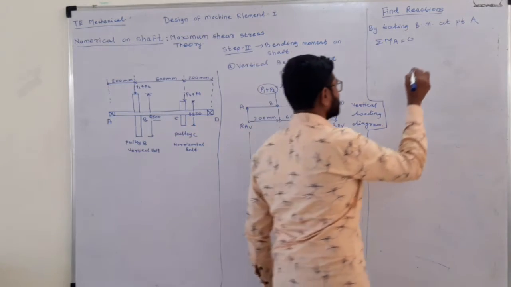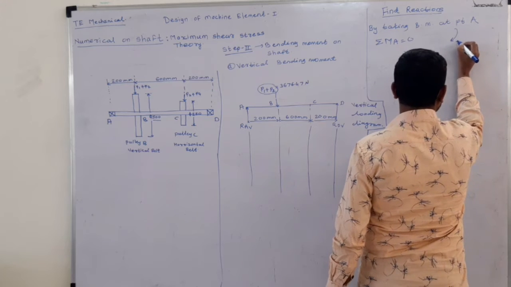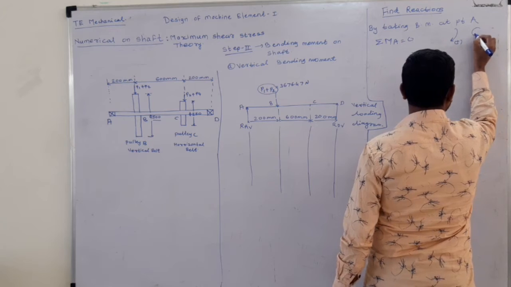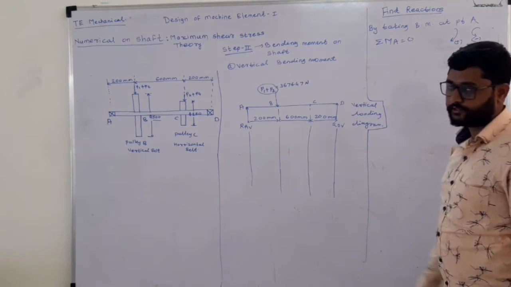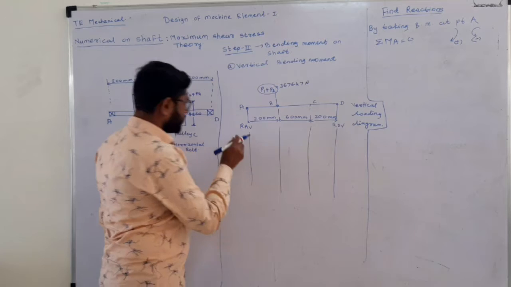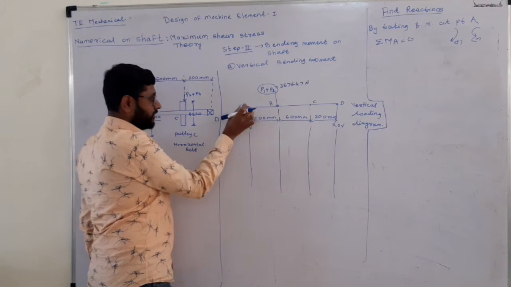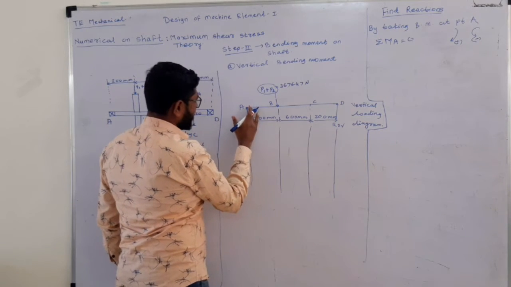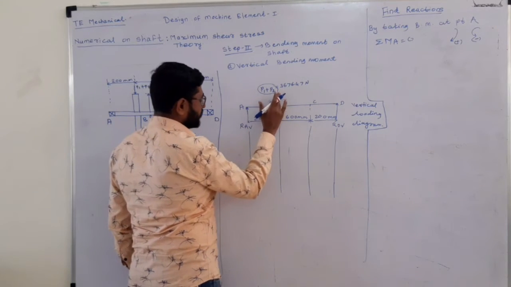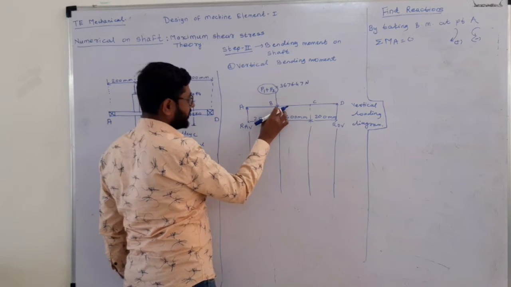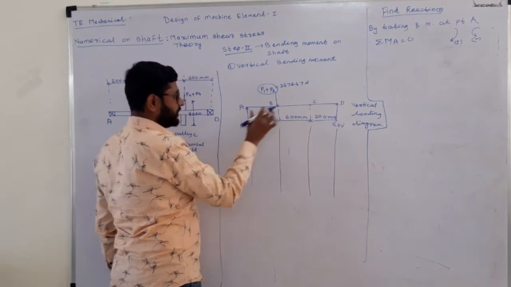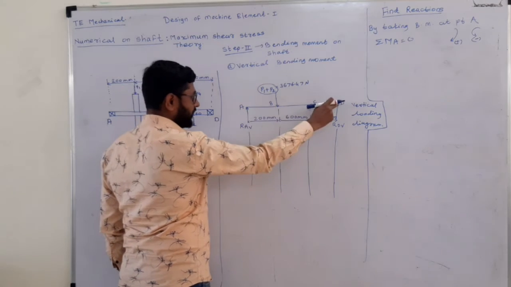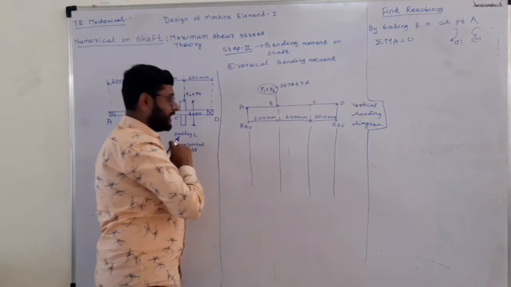Clockwise bending moment is positive and anti-clockwise bending moment is negative. So here we have to find the bending moment at point A. On the right side of point A, two forces are acting at point B and at point D, means we have to consider the bending moment of point B about point A and the bending moment at point D about point A.